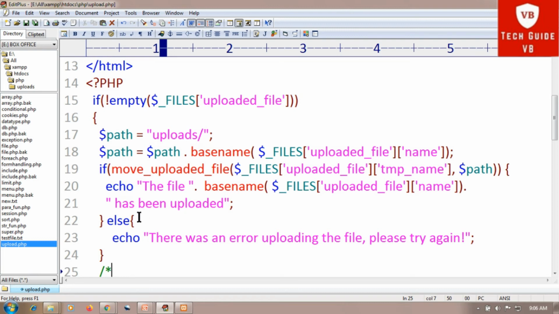Then we will print that it has been uploaded. And if it gives an error, then the message will be "there was an error uploading the file, please try again." One more thing you can add here is checking if the same file already exists.